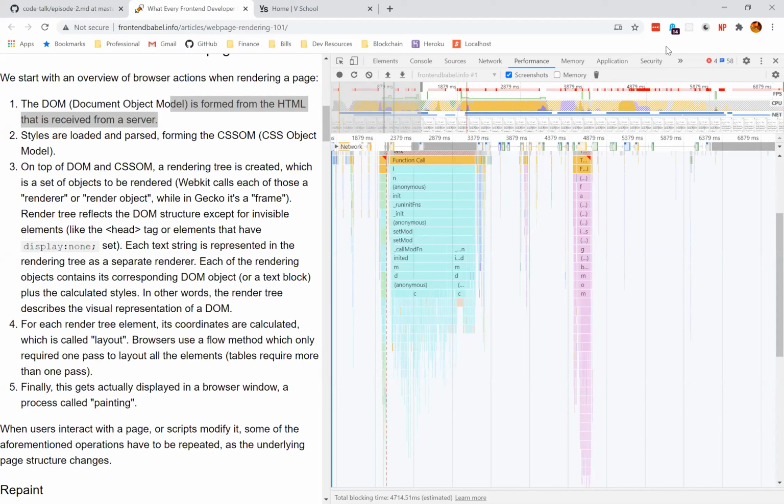Sue had a question in chat, which I attempted to answer, but I think you might have a better answer. She said, who is dictating the load time, Chrome or something set in the developer's code? Who is determining the load time? That's a good question. So it depends on a lot of things. Load time is determined by a lot of things.